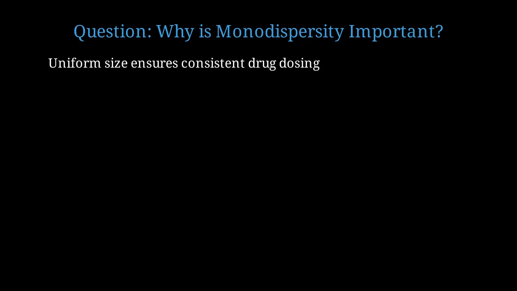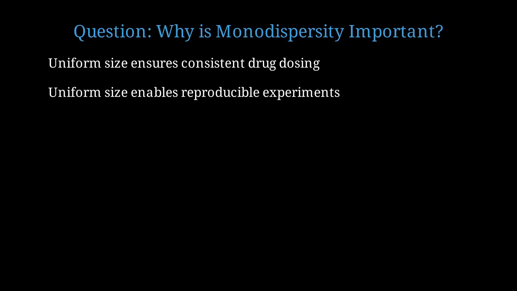Let me ask another important question. Why do we care so much about producing monodispersed droplets? Why does uniform size matter? First, uniform droplet size ensures consistent drug dosing. If droplets vary in size, patients receive unpredictable amounts of medication. Second, in research applications, uniform size is essential for reproducible experiments. Every droplet should be an identical